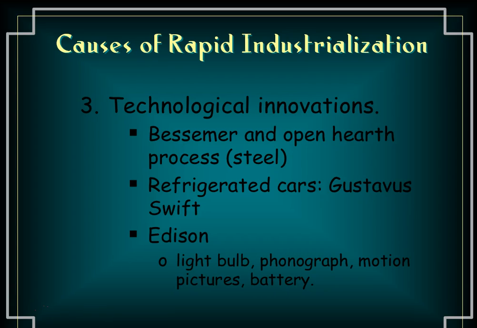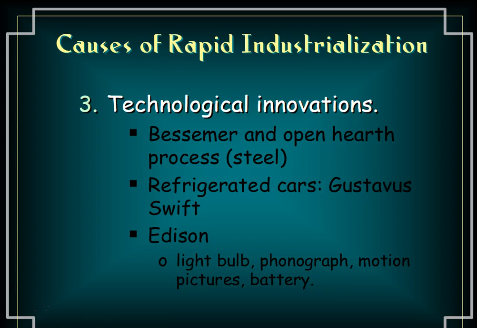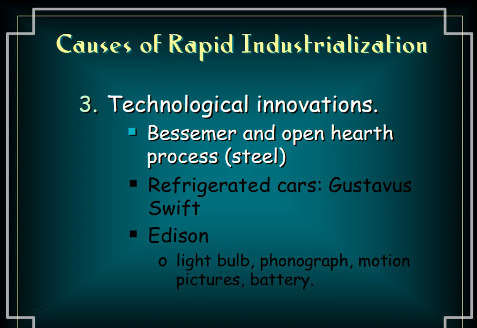Number 3, technological innovations. That just means inventions. Lots of inventions were created during this time period that helped this rapid industrialization that we saw in the United States. The first one here is the Bessemer and open hearth process. This is a process to make steel, and they were already able to make steel before Bessemer's process, but what Bessemer did is he essentially devised a system to mass produce steel